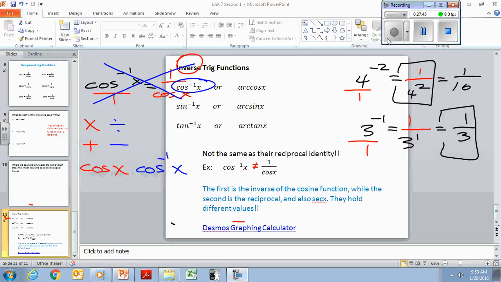Now let's say it correctly. Cosine inverse of x, also called arc cosine. They're like, look, we don't want any exponents. Just give it a brand new word so kids have to memorize a brand new thing. It's a whole other language. Arc cosine, arc sine, arc tangent is the thing you do if someone tied you up in a cosine and you need to get out of it. What you would need is an arc cosine.